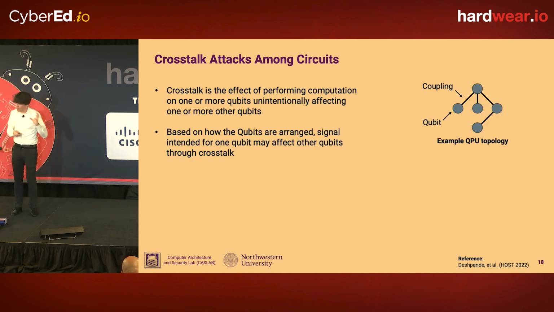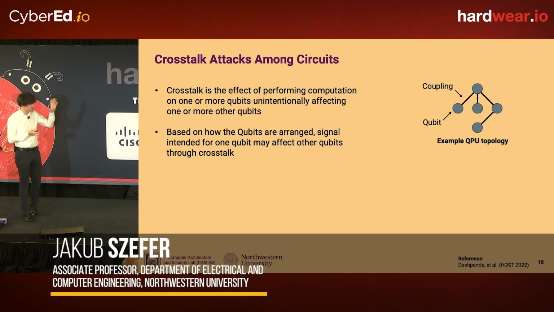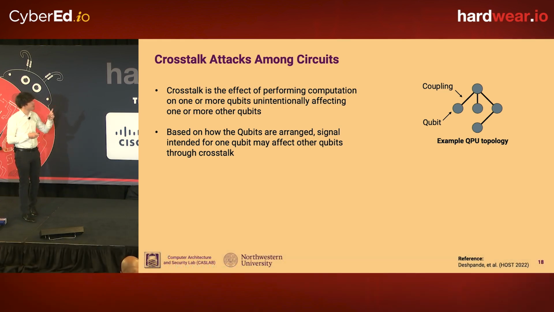So, getting to demonstrating some actual results. All of these different results, from our research group but also from other research groups, are mainly collected on real IBM machines. So this is data and graphs from running circuits on IBM machines. Some of the very first work on crosstalk is now getting a little bit old, but this was really the first demonstration of the idea. Back then, the best you could do was a 5-qubit IBM machine. This is the topology of the quantum computer. We had 5 qubits, and this was the connection with the couplers.